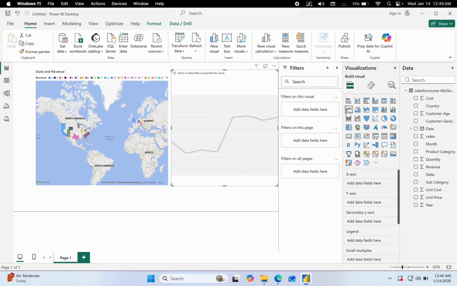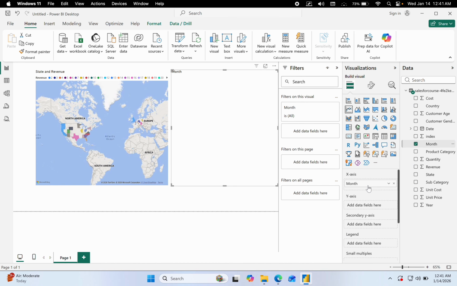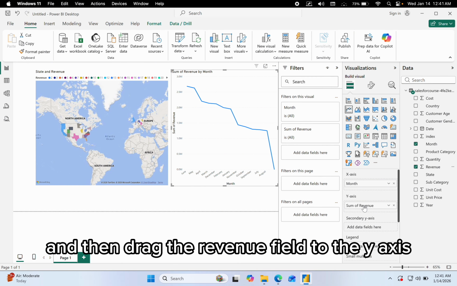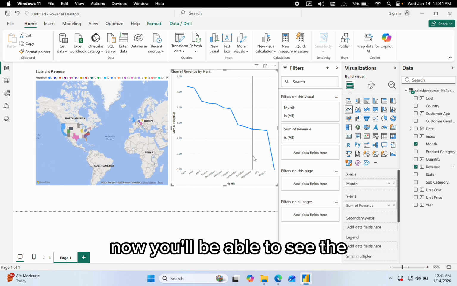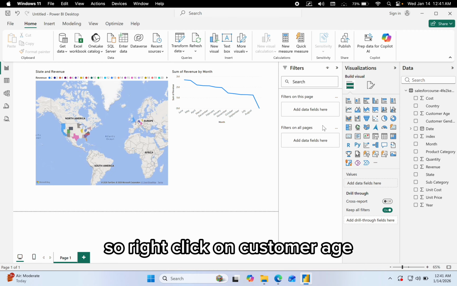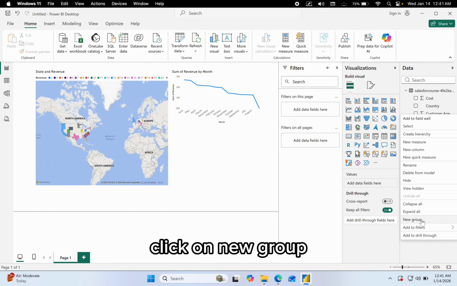Select a line chart, drag the month field to the x-axis and then drag the revenue field to the y-axis. Now you'll be able to see the line chart. The next question is to create bins. So right click on customer age, click on new group,